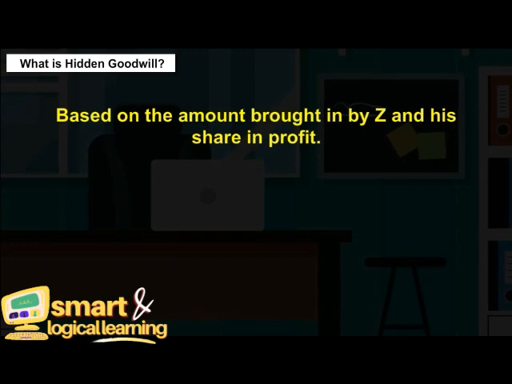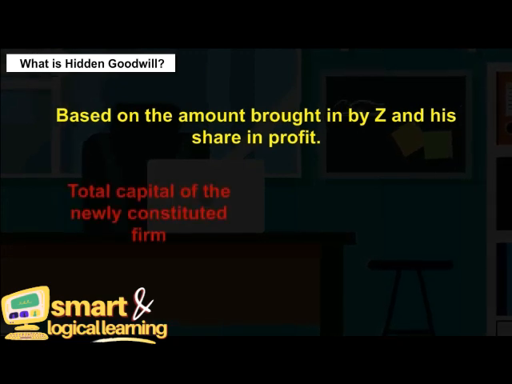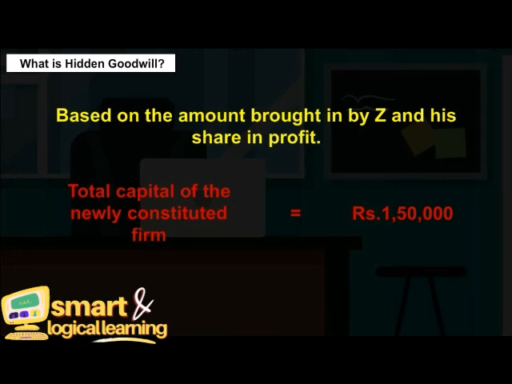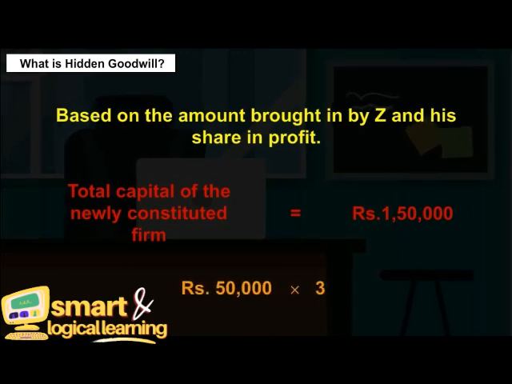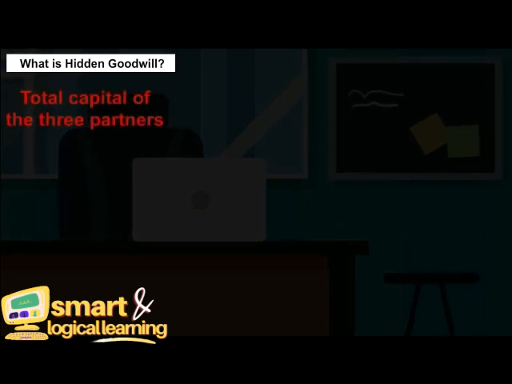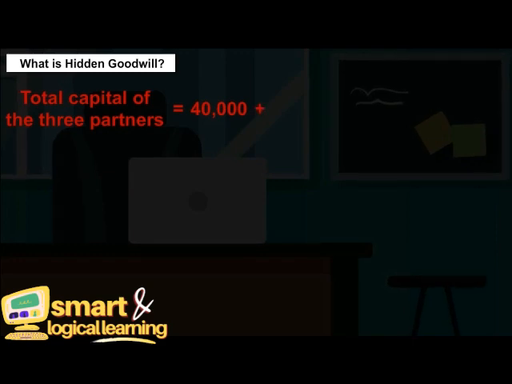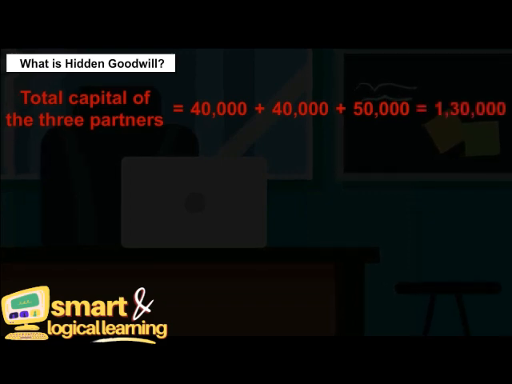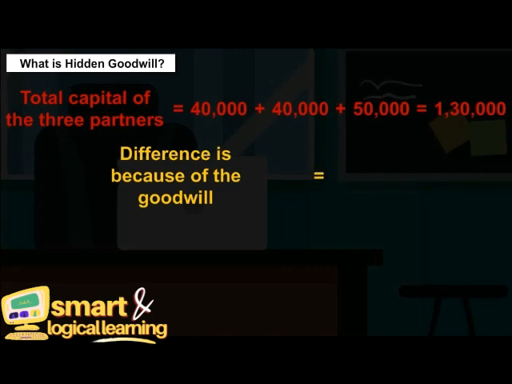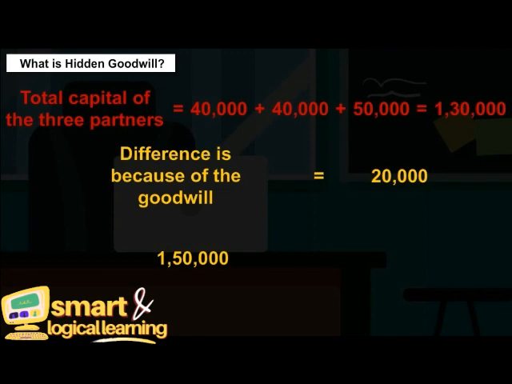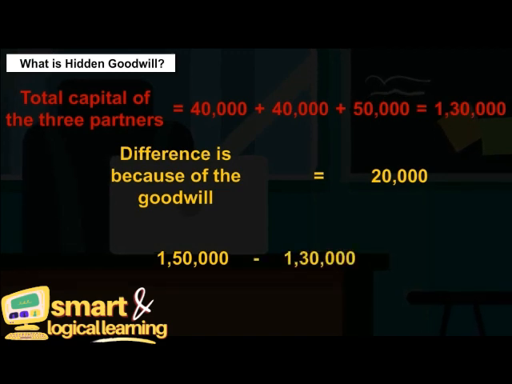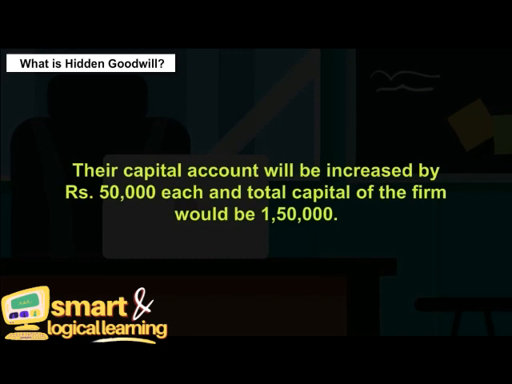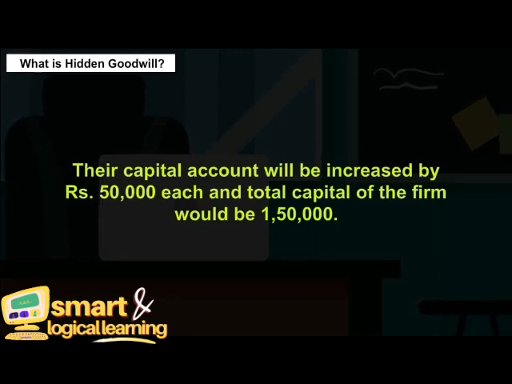Based on the amount brought in by Z and his share in profit, the total capital of the newly constituted firm works out to be 1,50,000 rupees. Rupees 50,000 multiplied by 3. But the total capital of the three partners comes out to be 40,000 plus 40,000 plus 50,000, which is equal to 1,30,000. The difference is because of the goodwill, that is 20,000. 1,50,000 minus 1,30,000, which will be shared by both X and Y equally. So, their capital accounts will be increased by 10,000 rupees each, and the total capital of the firm would be